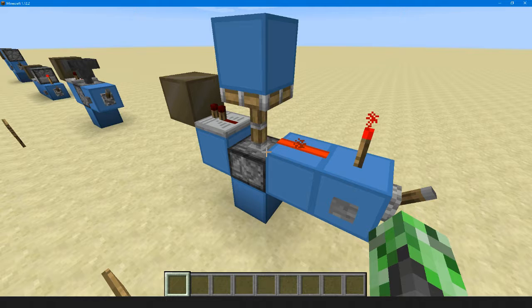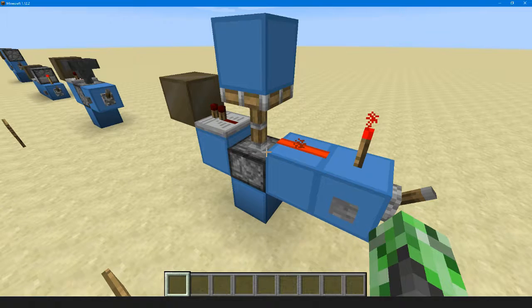Now, assuming you don't have access to sticky pistons because you don't have access to slime balls to make them with, there is still a way you can make this circuit. Just use a regular piston, and instead of having that top block as anything you want, you will need to use either sand, gravel or concrete powder,